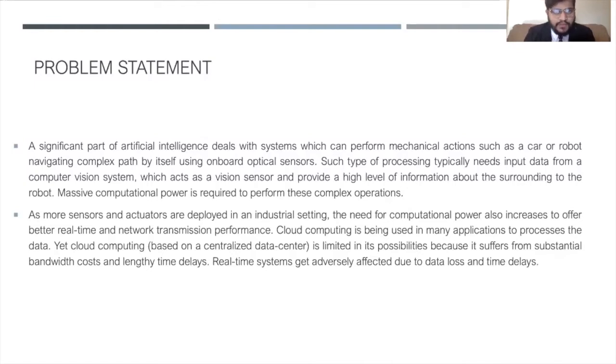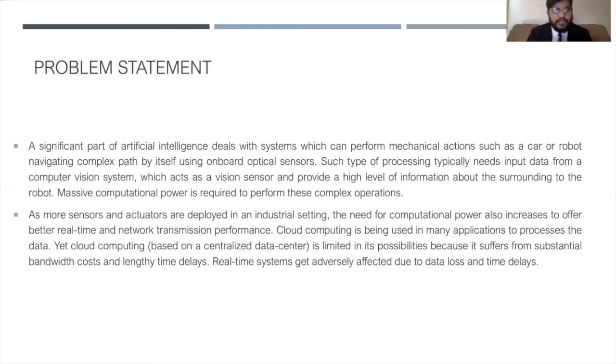But the problem with this approach is that cloud computing takes a lot of time to relay the information, because as we know the data is collected from a vehicle, or we can say from a car, and then that data is sent remotely over the network to a cloud, and then the cloud feeds that data to state of the art algorithms, and then sends the parameters, like the output of the algorithm, to the car to navigate successfully in a real-time scenario.